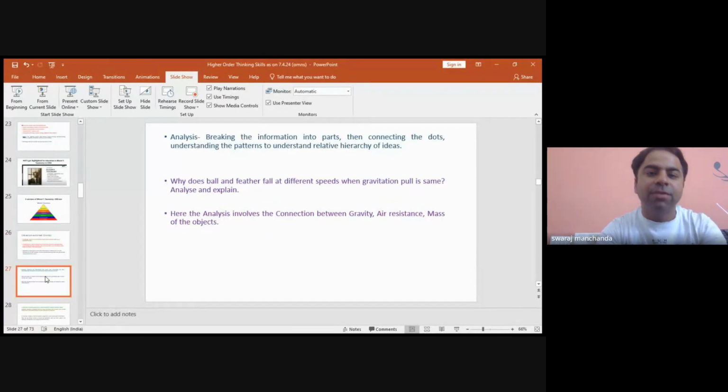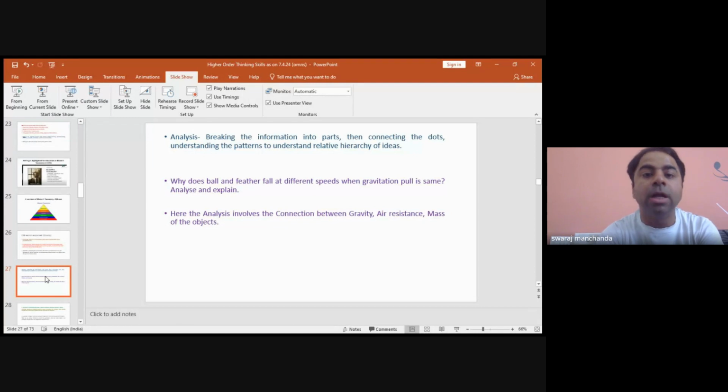After application, we come to the next part, which is a technical one and which requires high order thinking. This is not low order thinking. This requires some depth on our part. Analysis: we need to find the broken dots, make a pattern, correlate them, and give meaningful conclusions related to our teaching and subject. For example, I throw a ball up, I throw a feather. They both fall down, but they fall at different rates. Why? When this why comes into the picture, the analytical mind starts working. Curiosity to find the answer to why brings analysis into the picture.